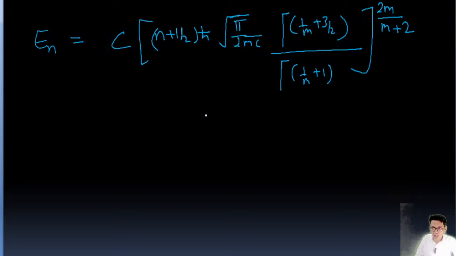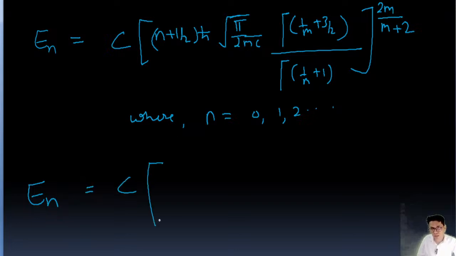And the condition here is that n starts with 0, that is n is 0, 1, 2, and so on. So if you put this value here, you can easily find out the energy eigenvalue. And if n starts with 1, then Cn equals c times (n minus half) h cut,